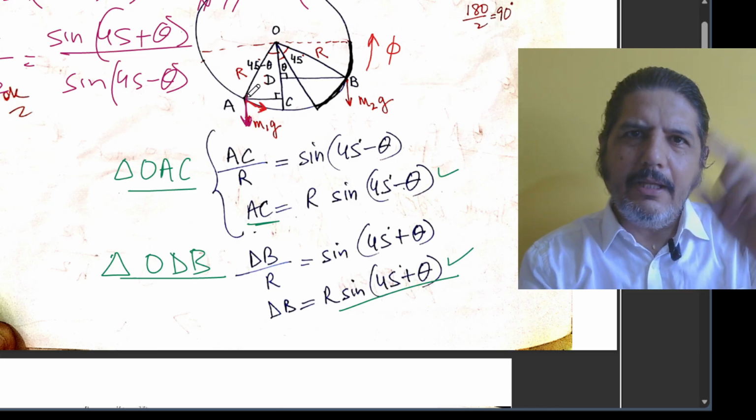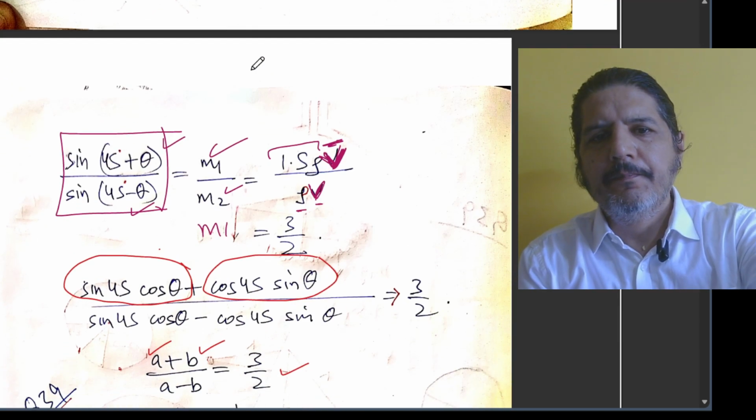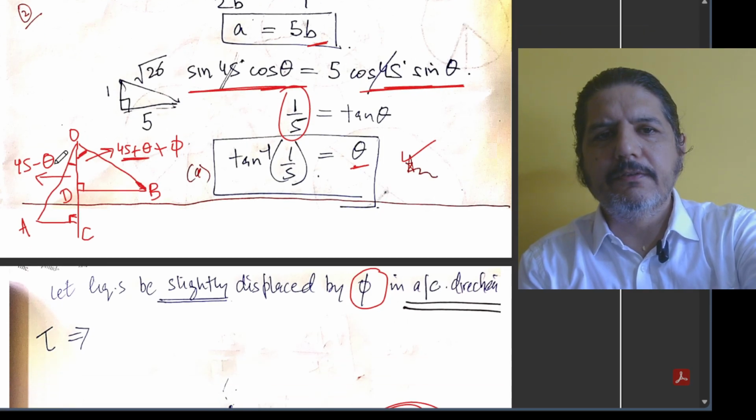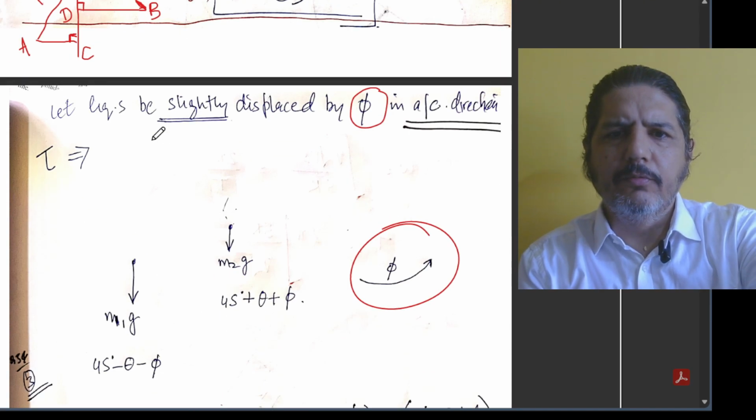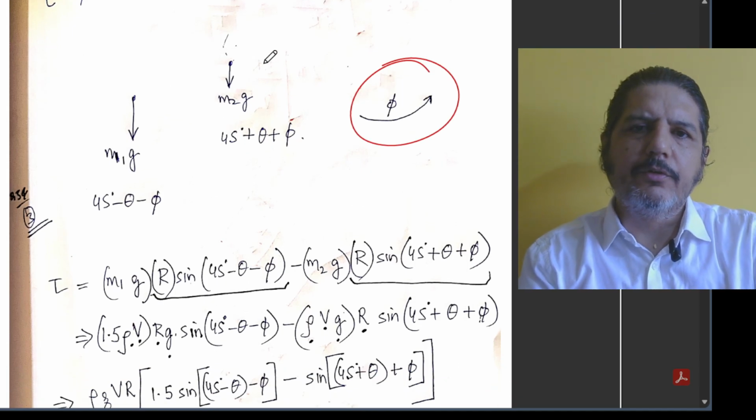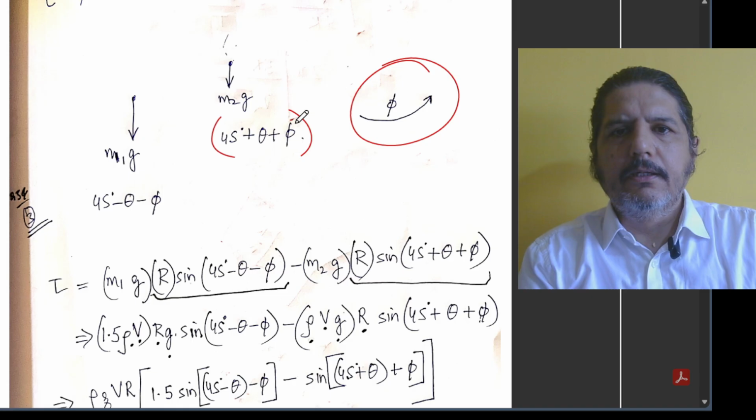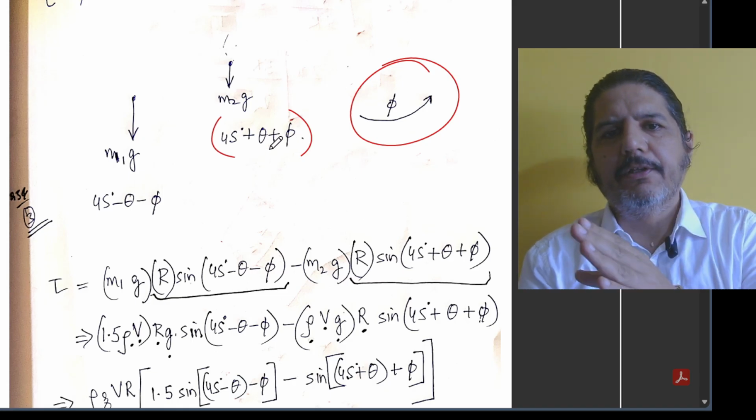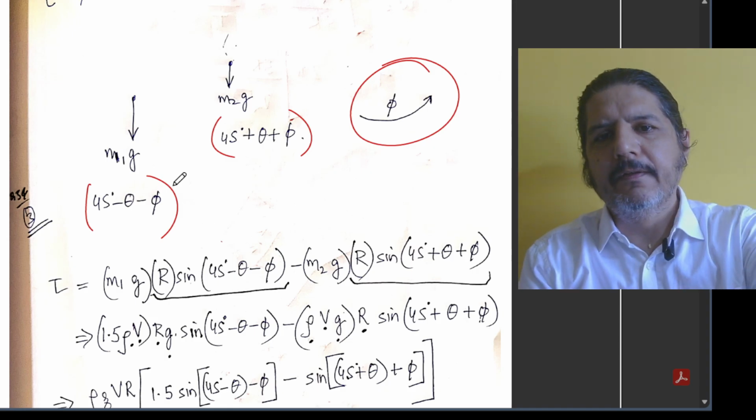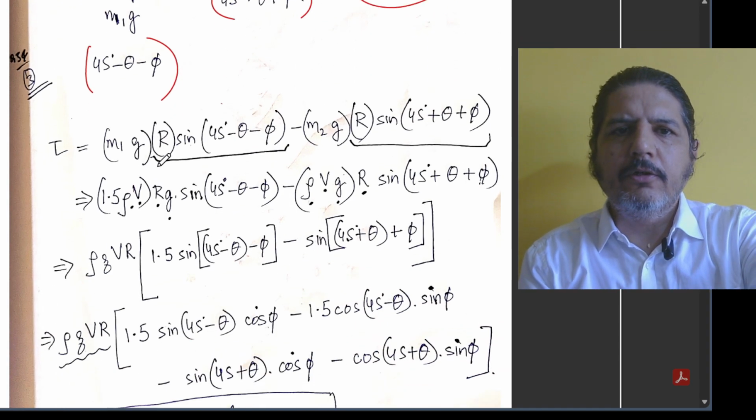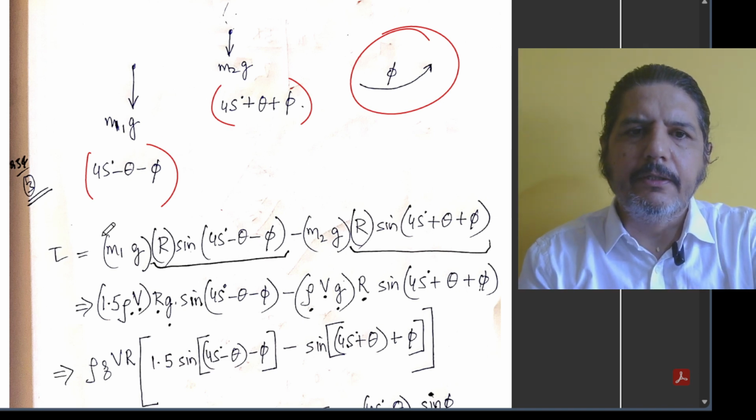A will be closer to C now. So that is why this 45 minus theta will decrease by phi. So that is what I have written here. This 45 minus theta will decrease by phi and 45 plus theta will increase by phi. Hope this is making sense. So now the situation that we have is that M2G would be suspending an angle of 45 plus theta plus phi, and M1G would be suspending an angle of 45 minus theta minus phi. And when we have to calculate the torque, the basic concept remains the same,